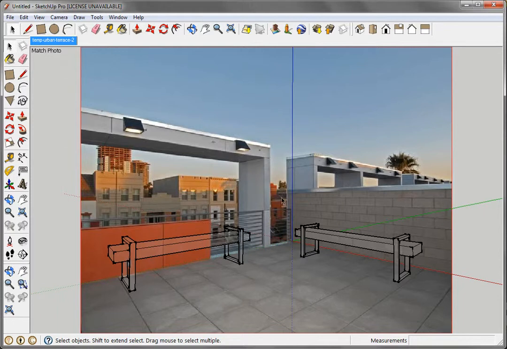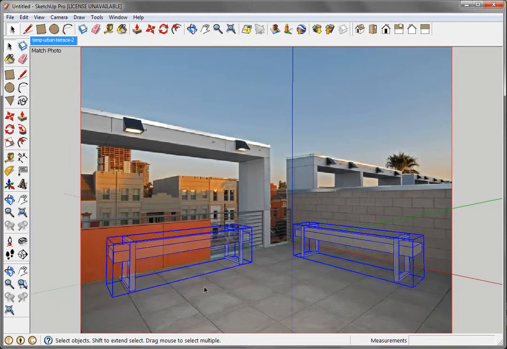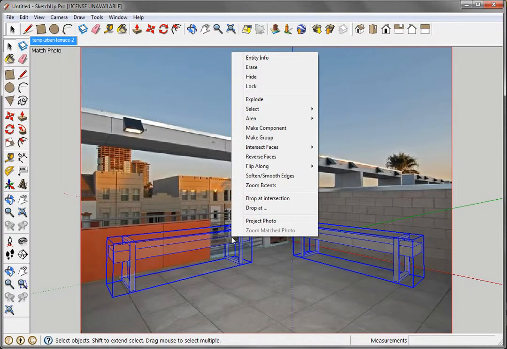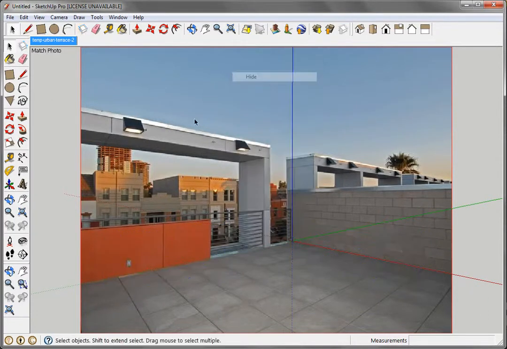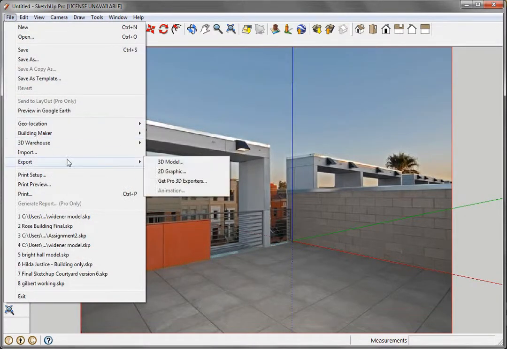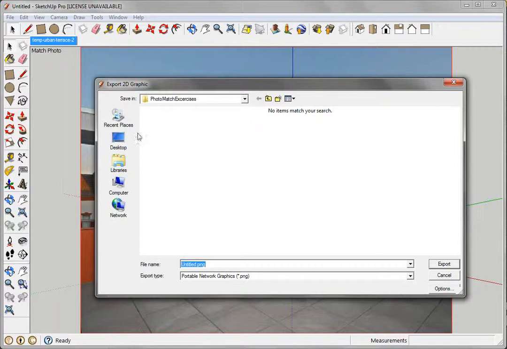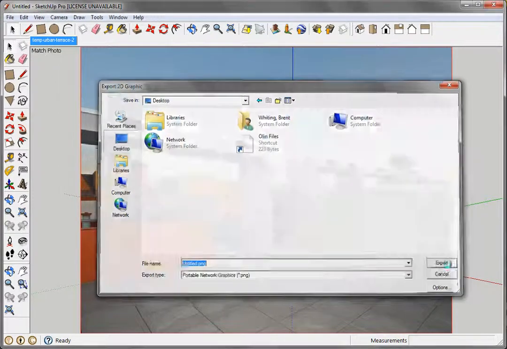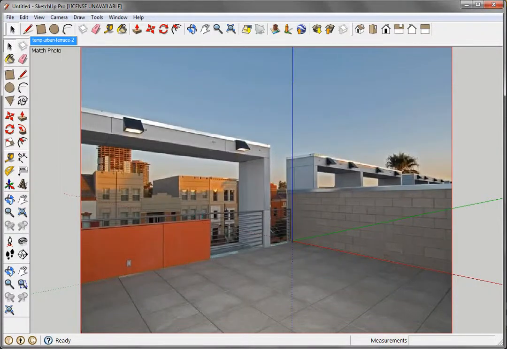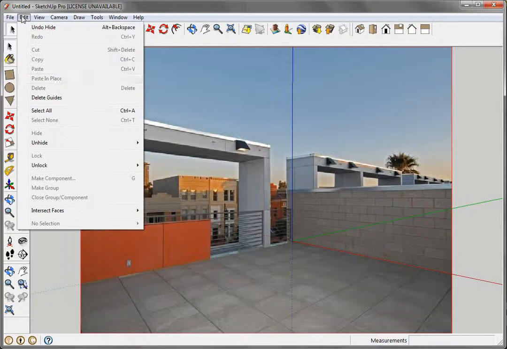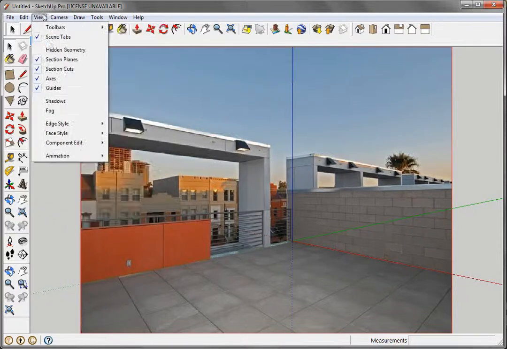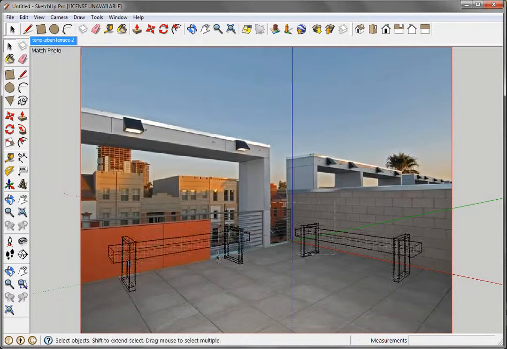So the catch with this that isn't as friendly is then to get this as outputted rendering. So what I can do is select these, or I shouldn't say rendering, a scene, and I can hide these. And what I can do is, looking at this, I'm going to File, Export as 2D Graphic, Desktop. Alright, so I'm going to have a PNG, and then View, Hidden Geometry, and if I unhide these guys,